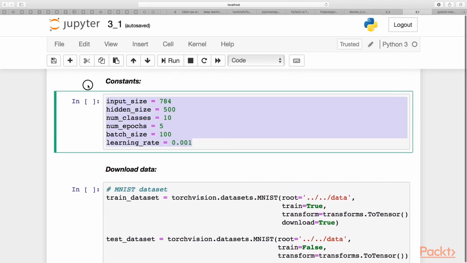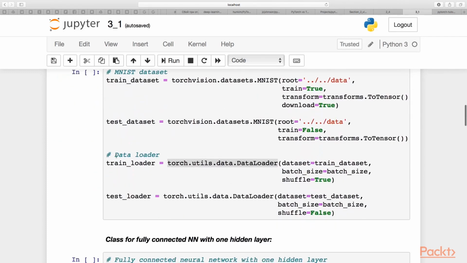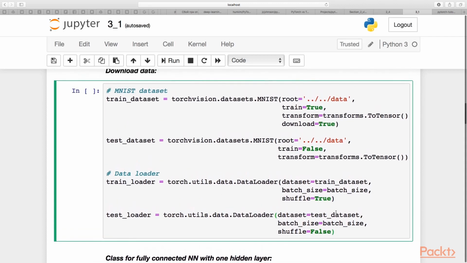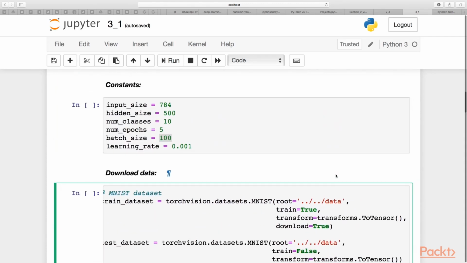I suggest you use batch size 100, but it is totally up to your choice. These two lines of code are needed for Torch to divide your data into several batches for training. Okay, sounds like we have downloaded data, split it into batches, and even worked with constants.